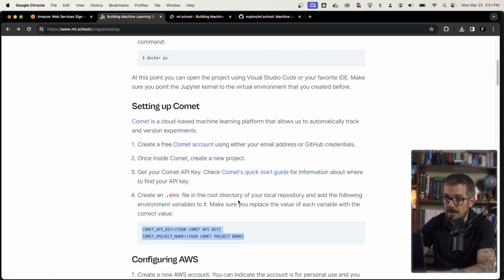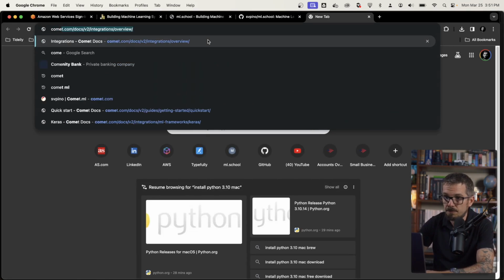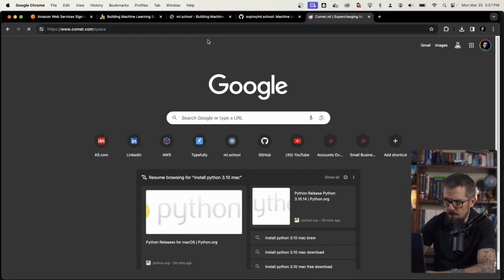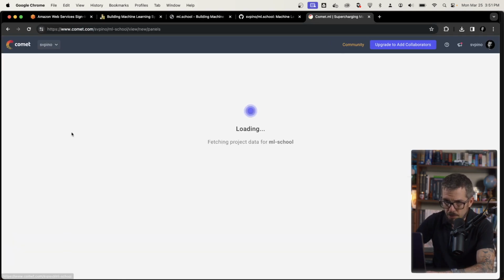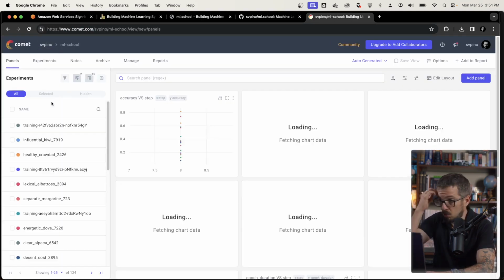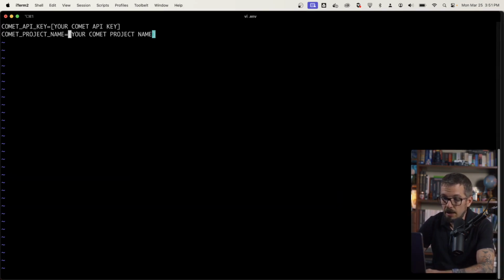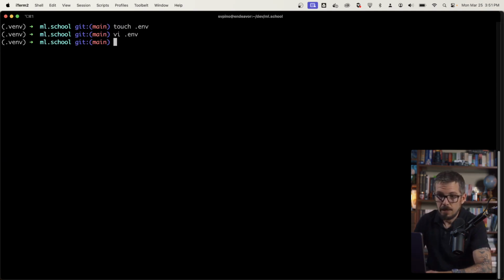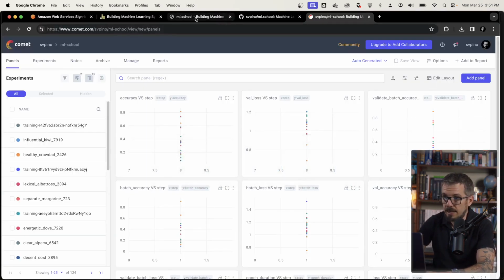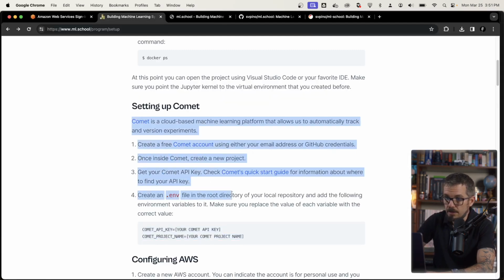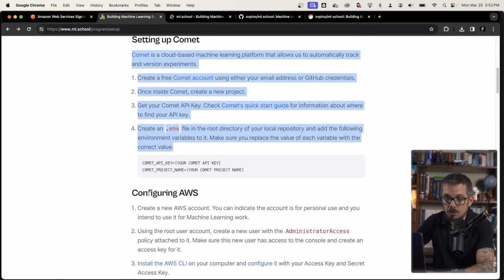In my case, if I go to Comet, why did I close it? Let me go back to Comet here. This will be my project name. This ML School will be my project name. So I can go here and I can type ML School. That will be my project name. And here I will have to type my API key. All right, so after doing that, let's see what's next. Let's go back here. This will be done. Now it's time to configure